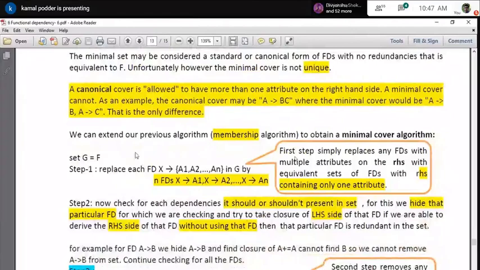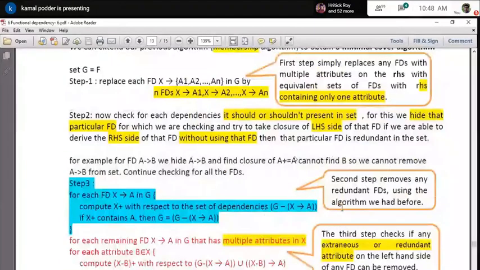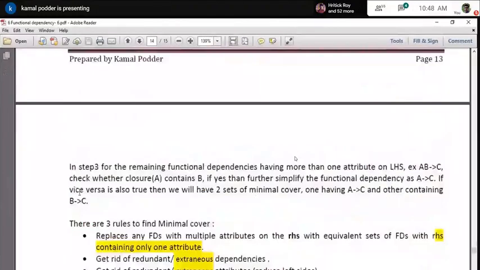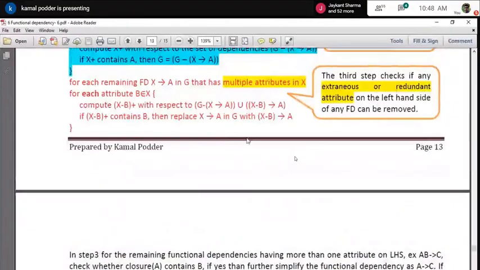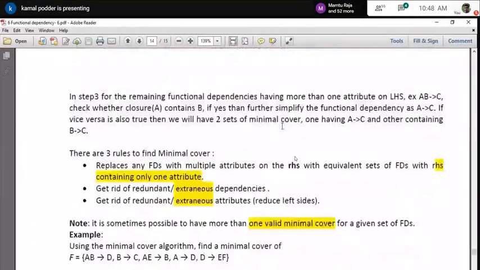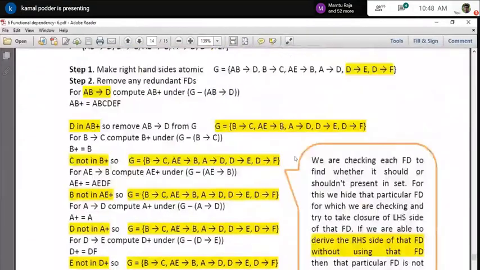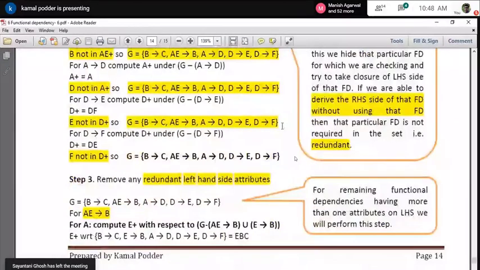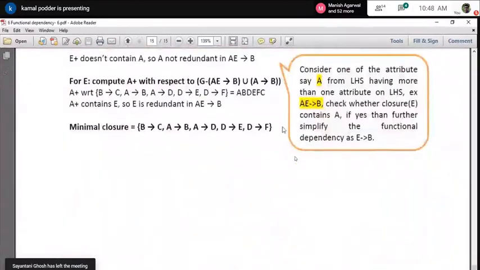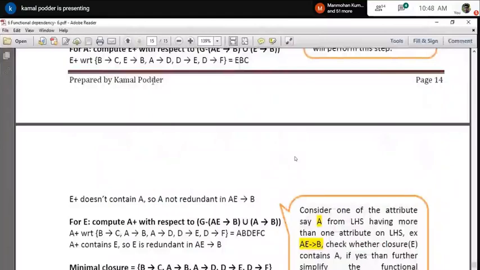I have discussed that with an example. Please go through it and try to understand, because I did not cover everything as it is very tedious. But I have explained every line, so I hope you will be able to understand. I've given the complete example of how to find the minimal cover, and you can apply this algorithm on your own and try to understand that part.